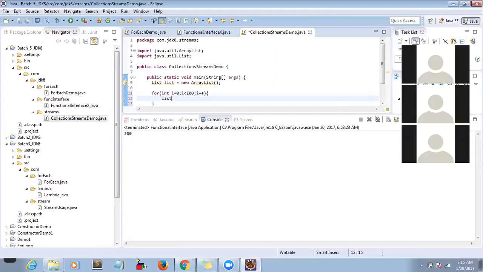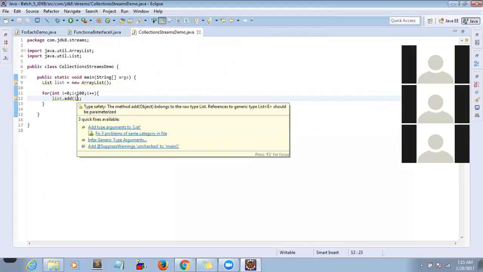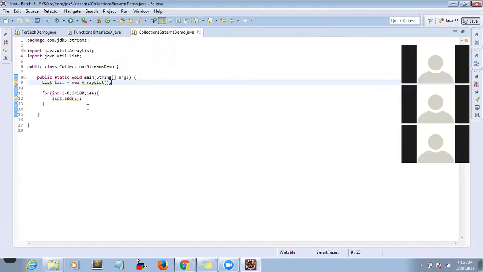So now list.add(i), correct? Now my list has 100 elements, right? Because I iterated the for loop and every time I'm adding i into my list. Now I want to retrieve the elements from my list. How are we going to read it? It's a major change in JDK 8. Previously we used the forEach loop, as in the first example, list.forEach. In a similar way, now also list dot,